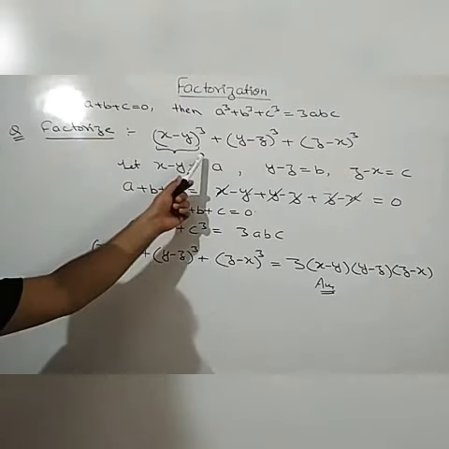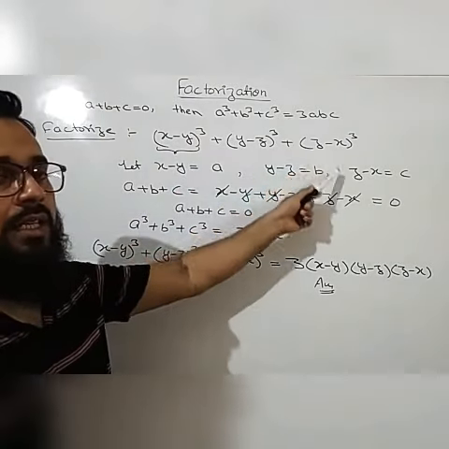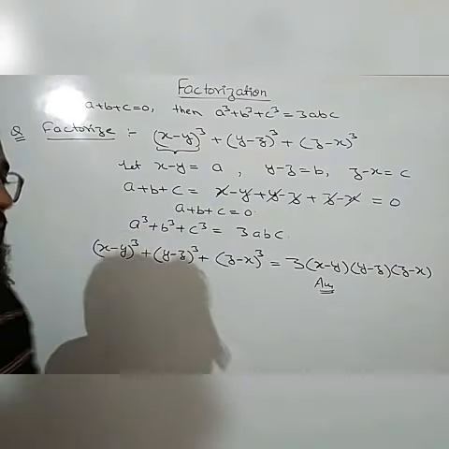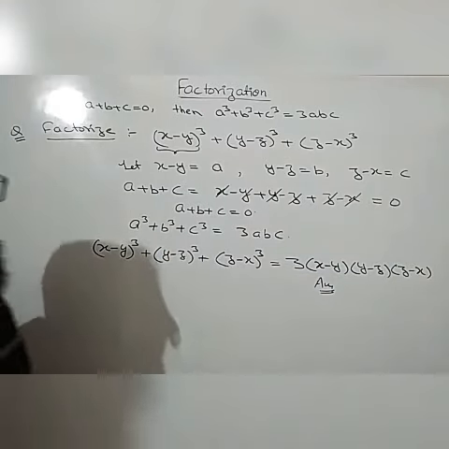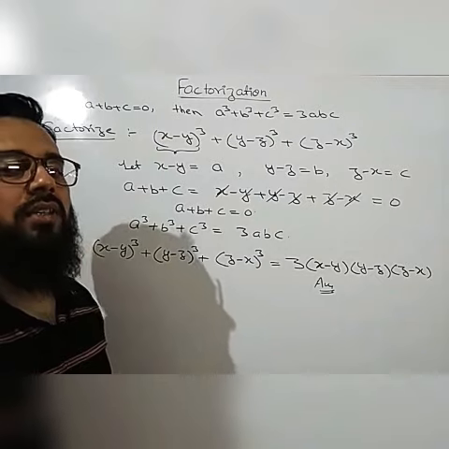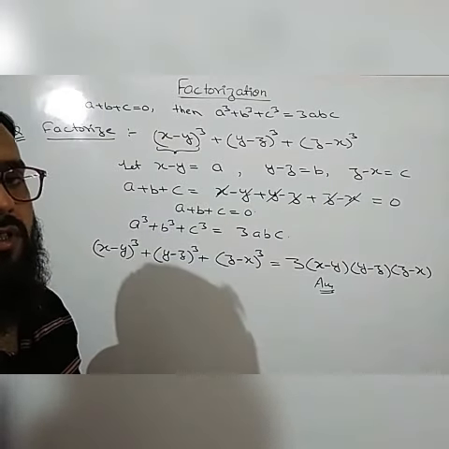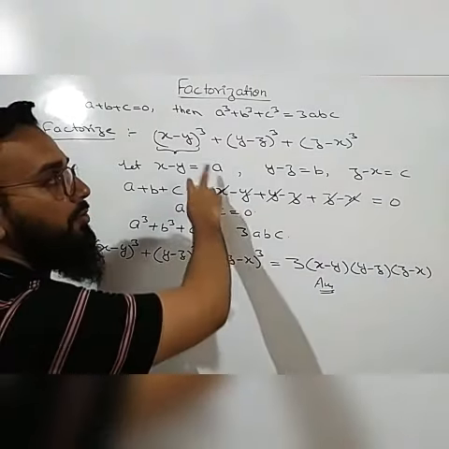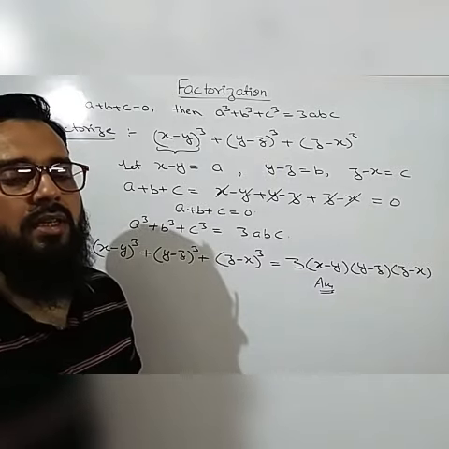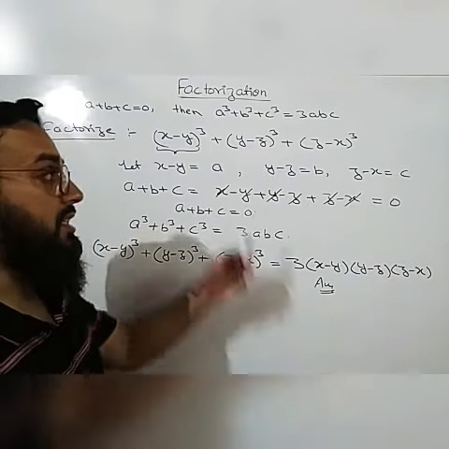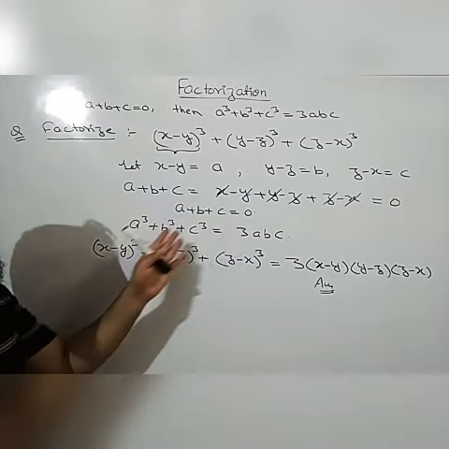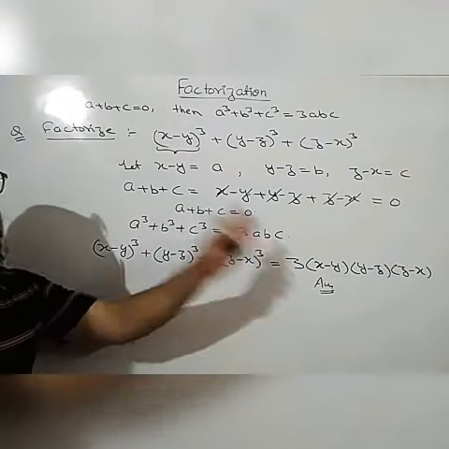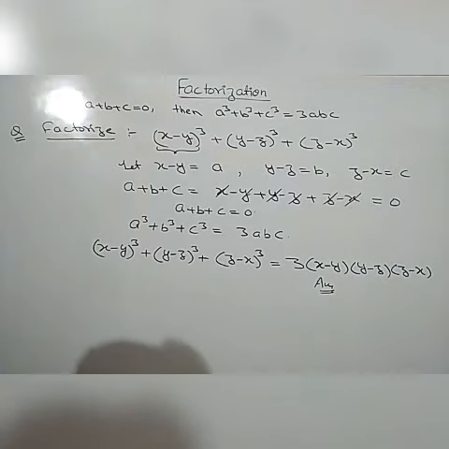If you solve this question by expanding all these three terms, then it will be more lengthy, but now it is very simple. Okay, so whenever you are given three terms and the cube on all the three terms, first you will check whether the sum of those three numbers whose cube is given is 0 or not. If it is 0, then it is very simple: if a plus b plus c equals 0, then the sum of cubes will be equal to 3abc. Okay, so it is a very simple question. Note it down.